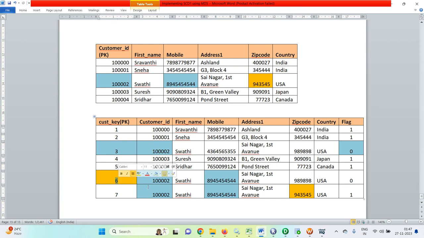So whenever we are modifying the zip code, the new record becomes 7, and we have to make the customer key 6 flag become 0. Now the flag of the 7th record becomes 1. Okay,